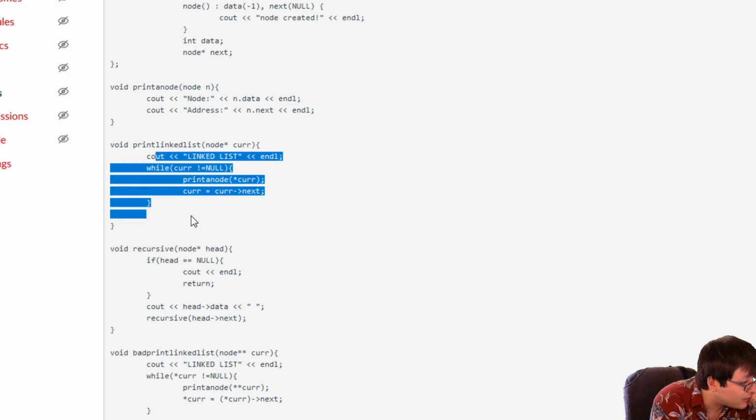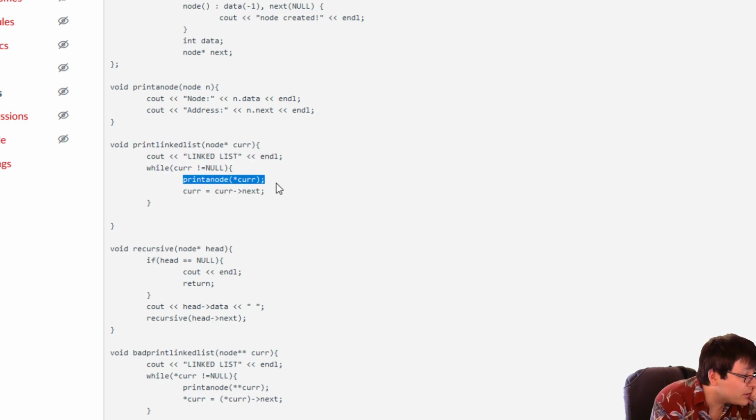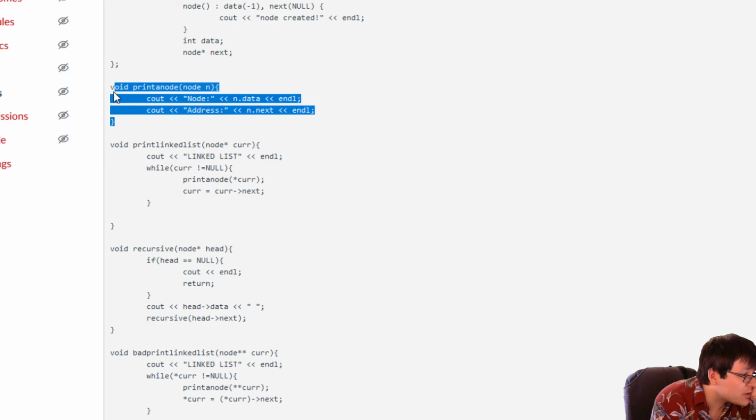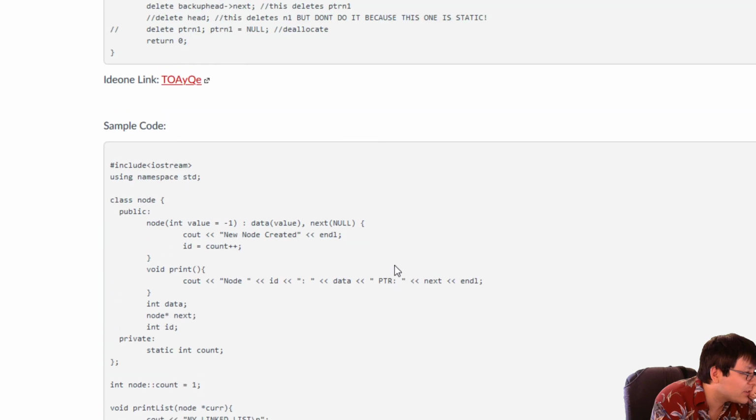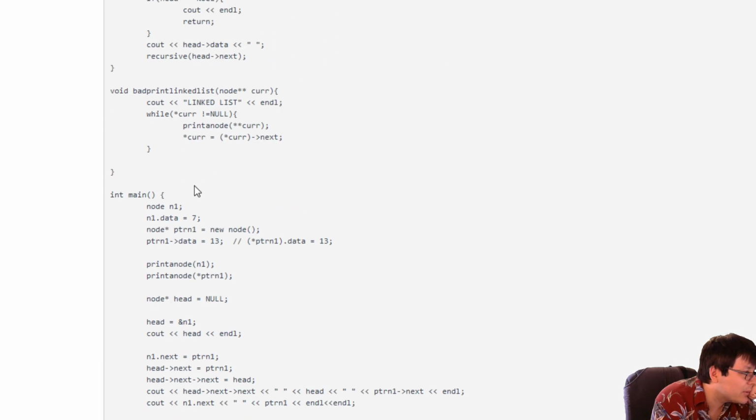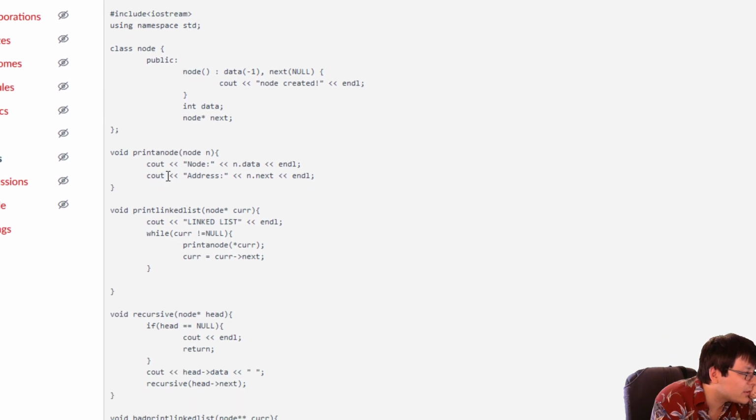No, so this is iterative, but print a node is a function that, as we said, just prints out the data and the node next. In fact, if you want to see the sample output, you can go to this link and it'll show you the sample output. It'll just print out the nodes. So this is basically the same thing as saying cout cur data, which is what I put in my example on the iPad. But yeah,